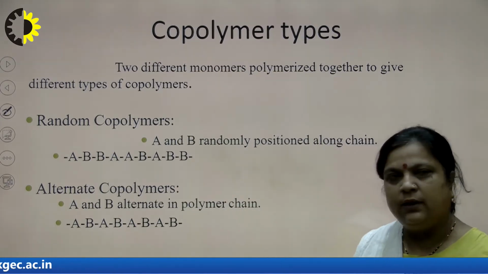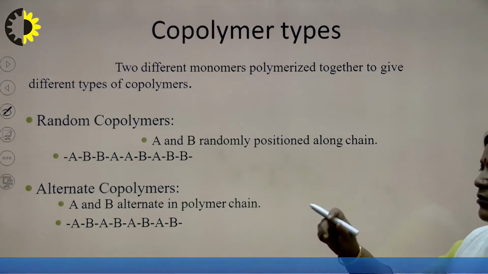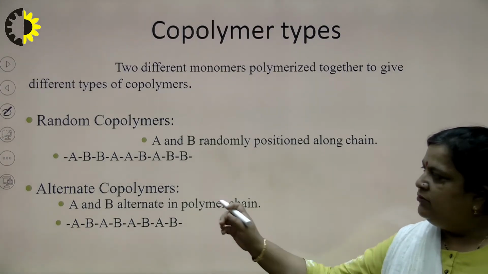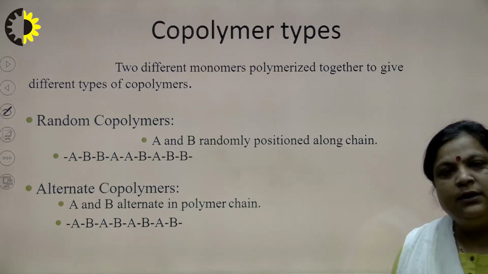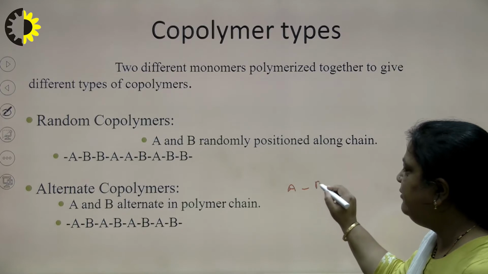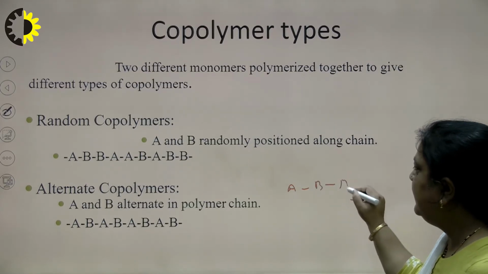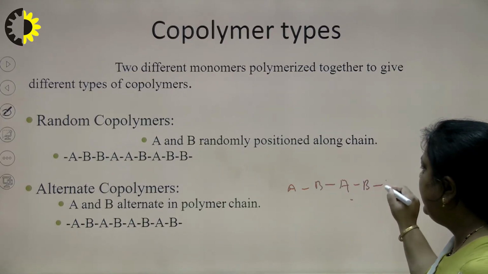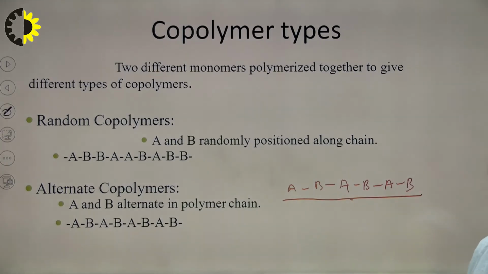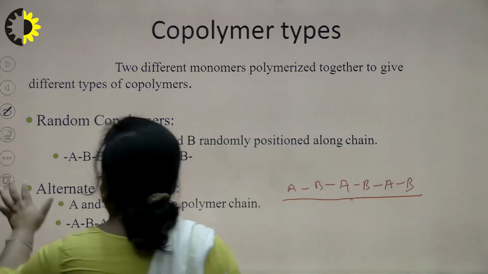Alternate copolymer. Alternate means when A and B, the two monomers, alternate in the polymer chain, they are arranged like A, then definitely B will come, then A, then B, then A, then B. So, if the combination of monomers is of such type, then it is called alternate copolymer. Third is